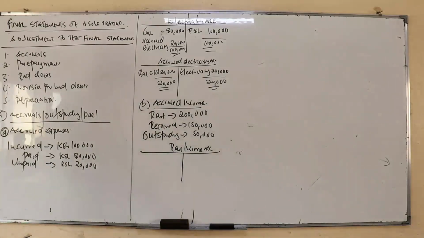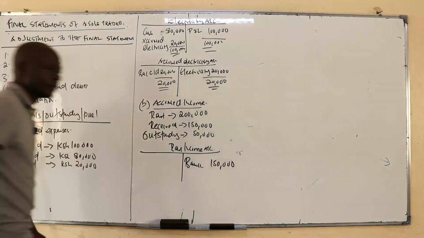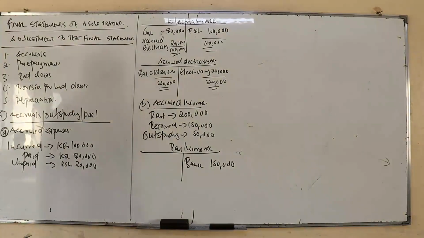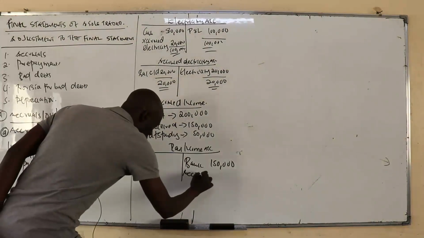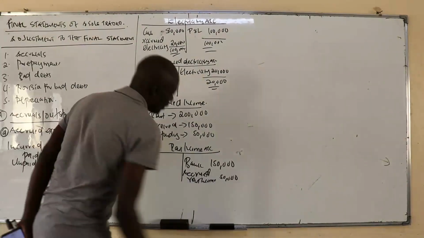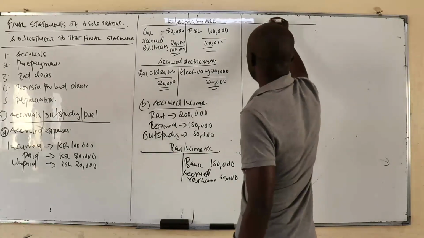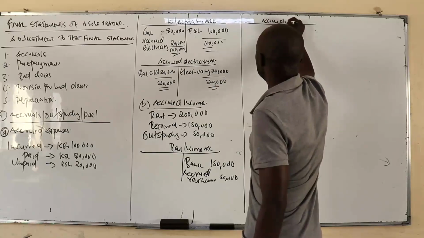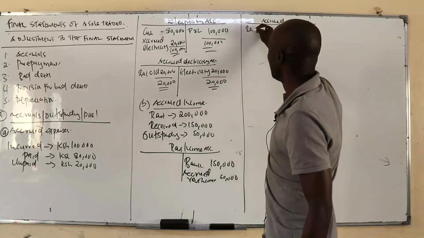So when you receive income, we said you debit the cash or the bank. So the total income paid for the year, you debit bank and you credit here. So here you write bank, 150,000. But we know 50,000 is not yet paid. So we debit this and we credit. So we write here accrued rent income, 50,000. And then we open here accrued rent income. So we have credited here, we debit here, we said rent income,